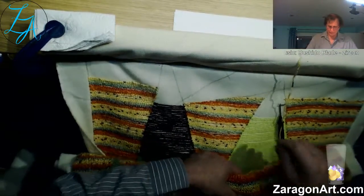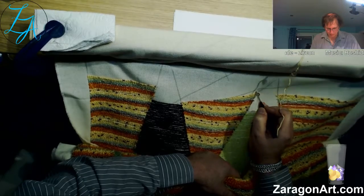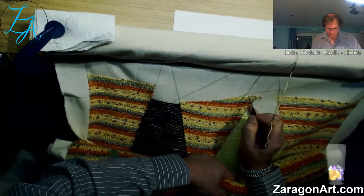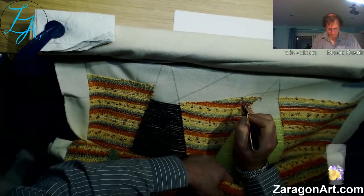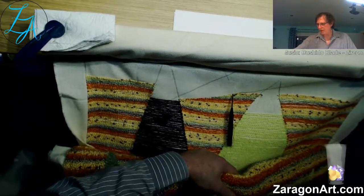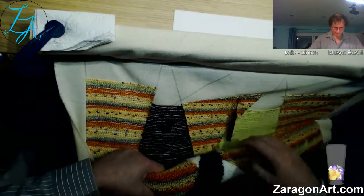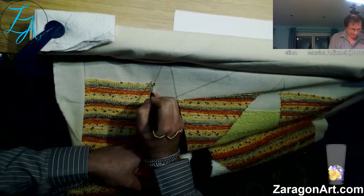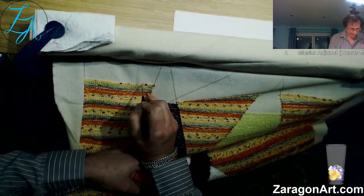Now getting close to the end of this thread, or this ball of wool. When you do, not really a problem, just basically keep going until it runs out, and then load another thread up and carry on. It would be ideal here if there was just enough thread to do to the end of the row. May or may not be, just because it would make starting another ball easier, especially if it doesn't happen to have the same starting colour as this ends in. But essentially you end